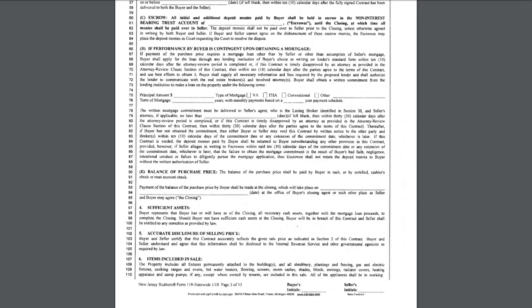Some lenders can even take an application prior to you identifying the property. So you can sort of pre-apply for a mortgage pending the property information. And basically what you're doing is you're supplying all of your documentation, your past tax returns, your pay stubs, etc. That will allow a lender to say, hey, you're good to go. We know that you're a good credit risk. We still don't know what the property is, and we still don't have the appraisal back on that, but otherwise you're approved. And that can really help speed things along. If you don't have the